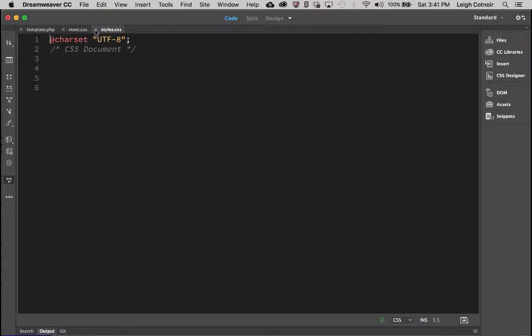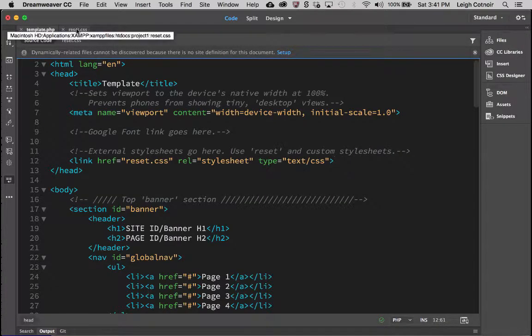I'm going to go ahead and close it. And I'm also going to close the reset. And the reason is that I'm going to attach them, and then they'll show up right here in Dreamweaver. They'll show up as attachments. And I like to keep things closed in case I accidentally open a file from a different place and then